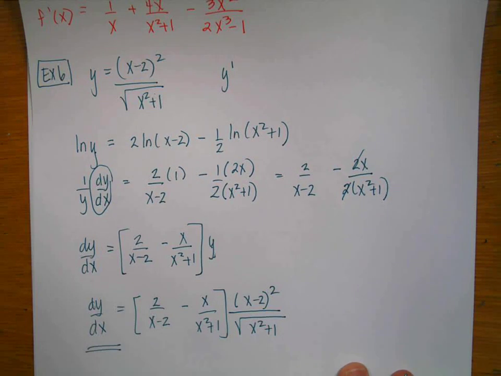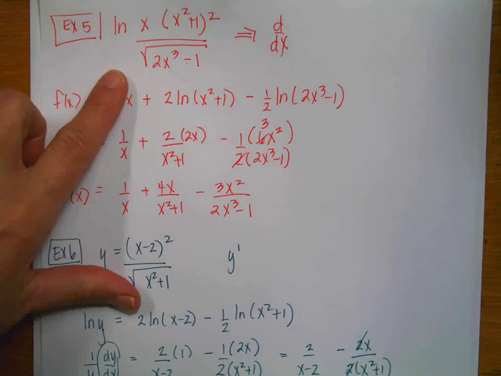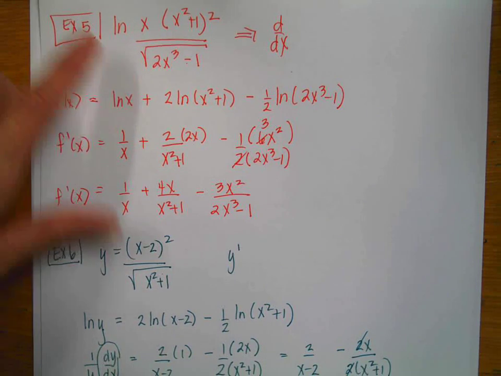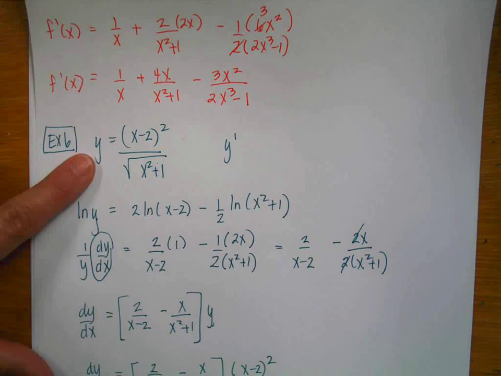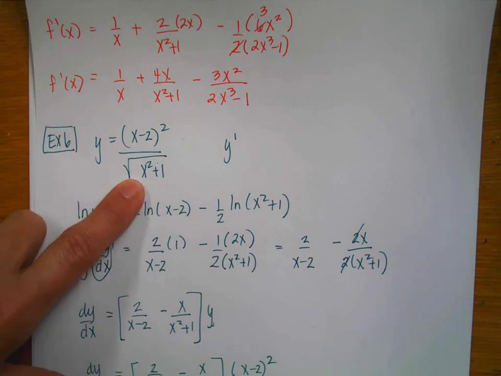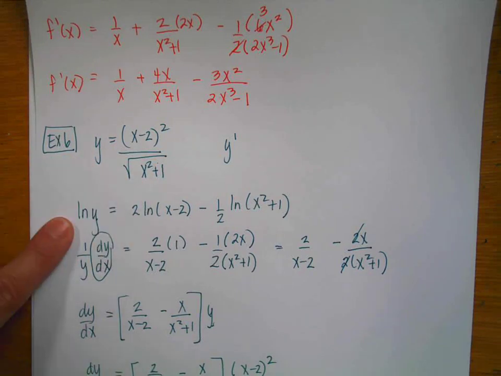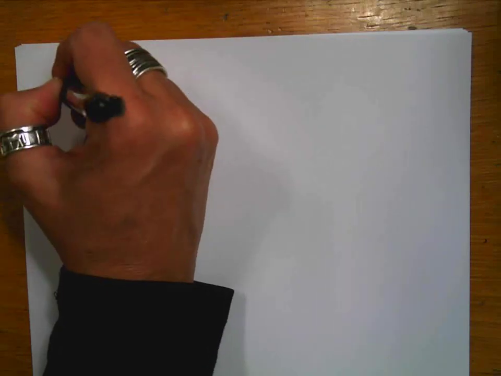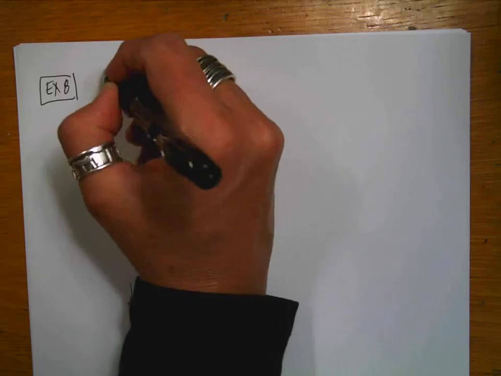Okay, so anytime you have a really complicated situation, one possibility is simplifying, as we did in example number 5, by rewriting with our properties of logarithms. And the other one is simplifying with the properties of logarithms and then taking the log of both sides. Okay? All right. I have 2 more examples for us, and then we are done. So example number 8